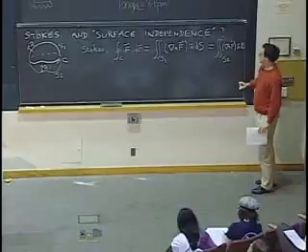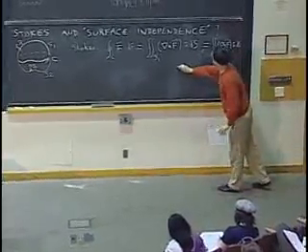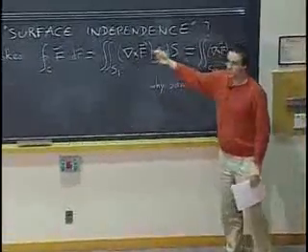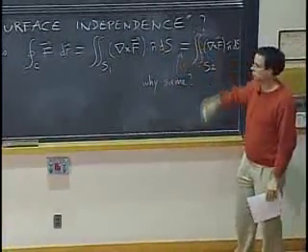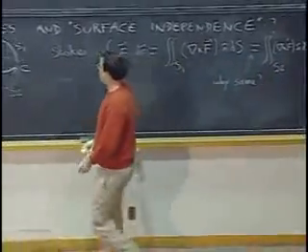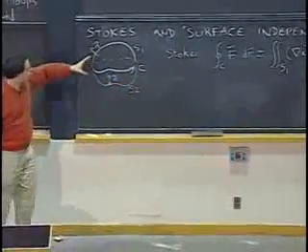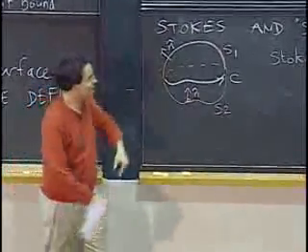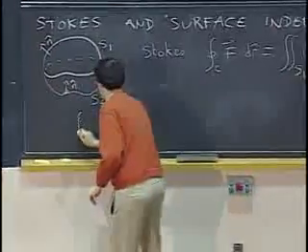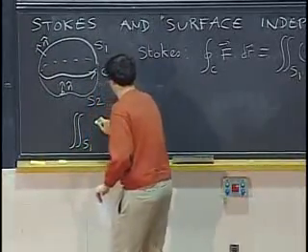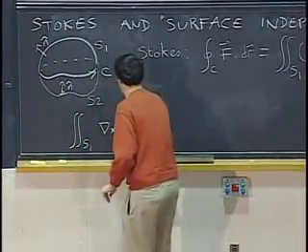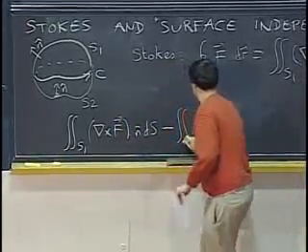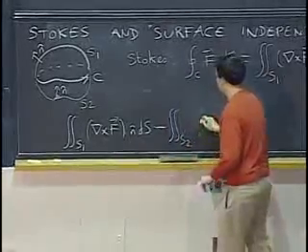Well, let's think about it for a second. Why are these the same? Of course, they have to be the same, because that's what Stokes tells us. But why is that okay? Well, let's think about comparing the flux integral through S1 and the flux integral through S2. If we want to compare them, we should probably subtract them from each other. So let's do the flux integral through S1 minus the flux integral through S2 of the same thing.